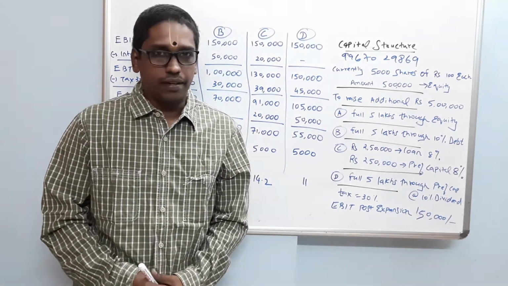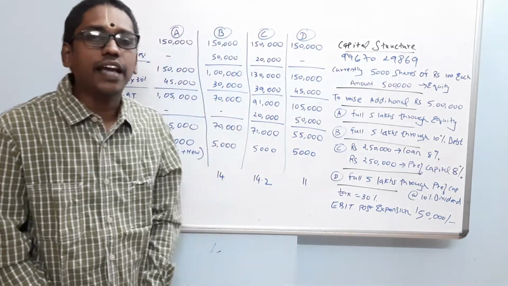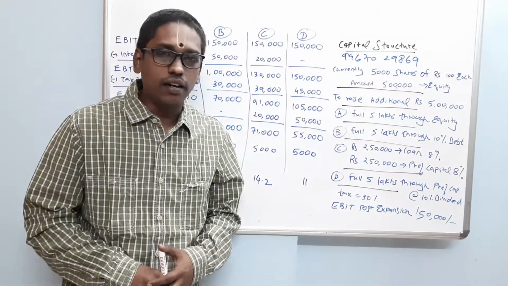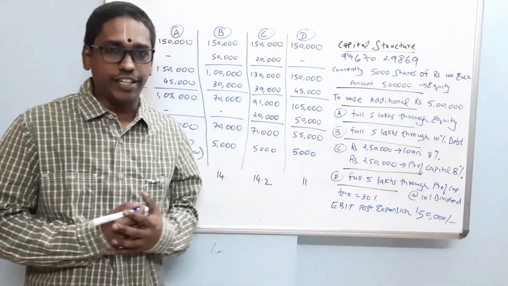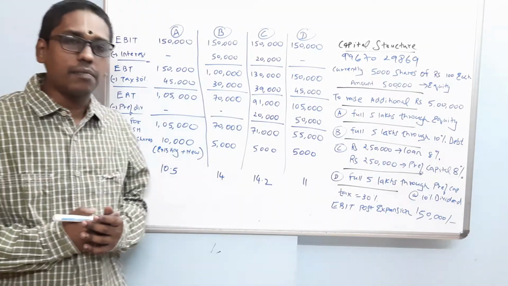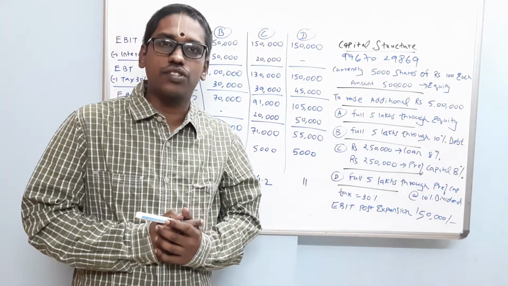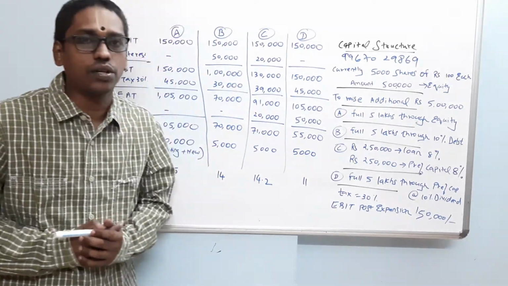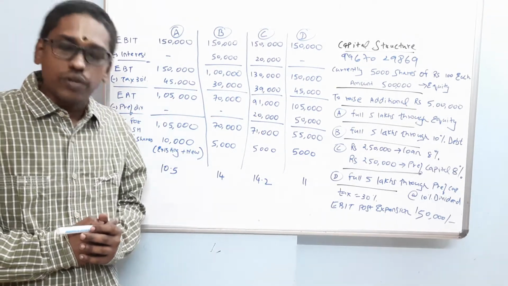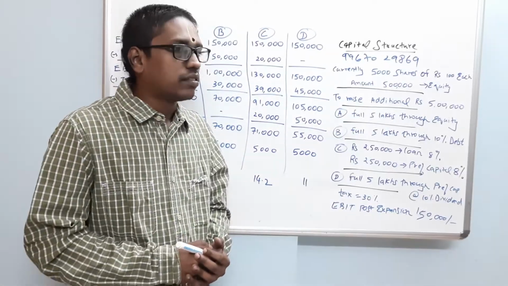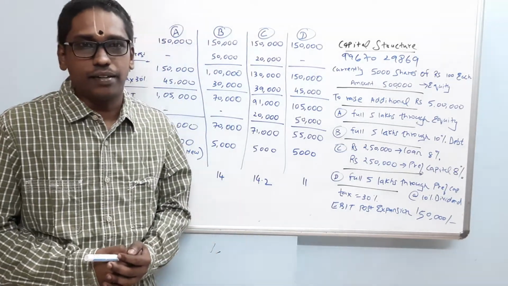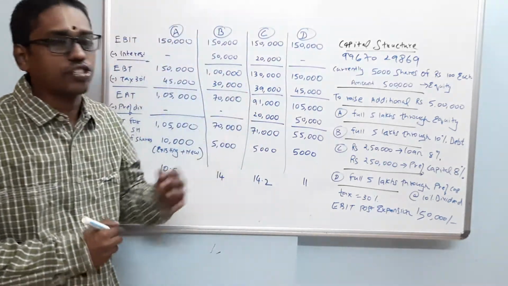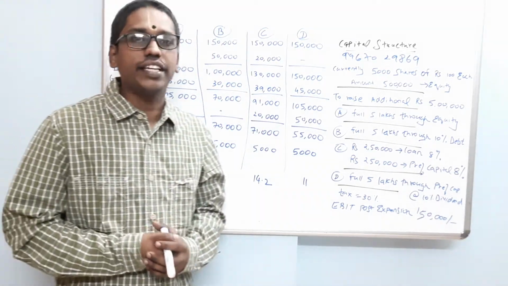In this video clipping, I will be briefing about the chapter Capital Structure Planning, which comes in financial management. In my earlier video clippings, I have spoken about weighted average cost of capital, operating leverage, financial leverage, combined leverage, and I have also given a clipping in which I've spoken about capital budgeting. Students, in financial management, there are topics which are interrelated. So, weighted average cost of capital, sources of finance, capital structure planning are all linked with each other.